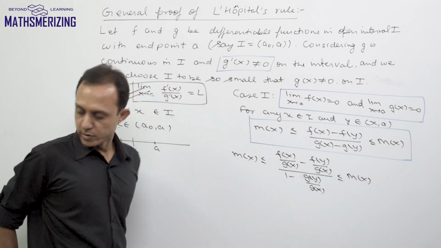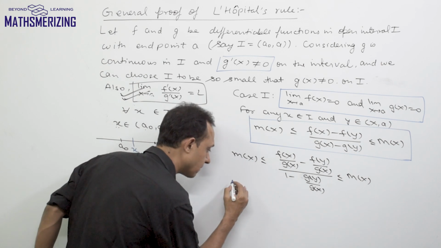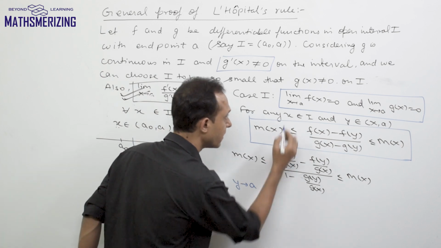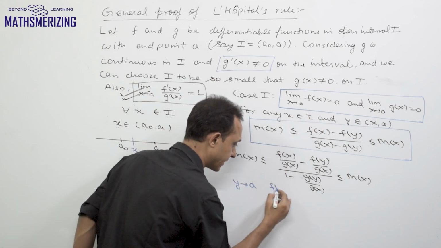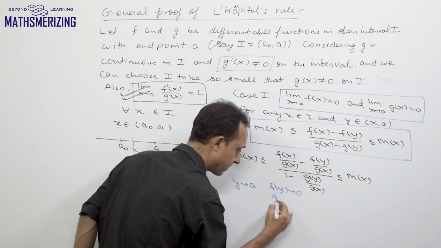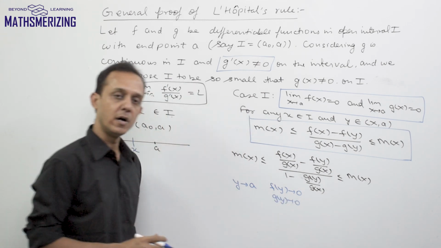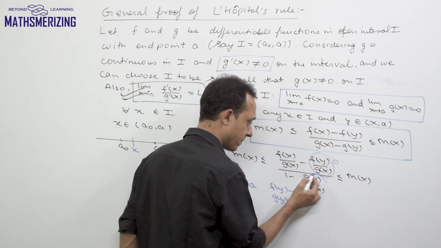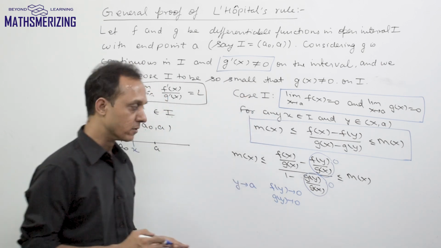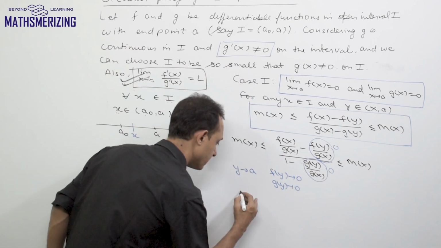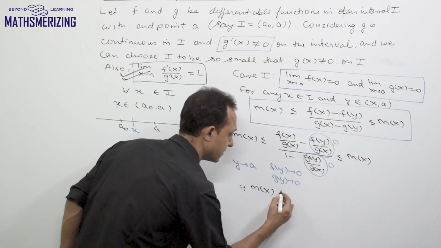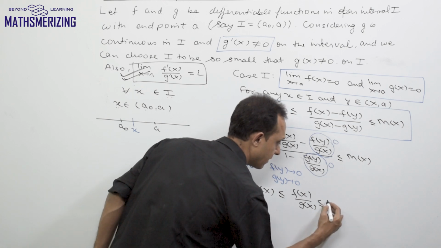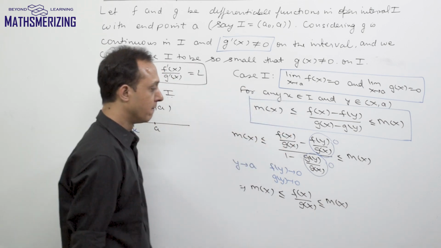Now I'll choose my y so that this y approaches a. Now if y approaches a, we know that limit x tends to a, f(x) is 0. So in that case, f(y) will approach 0 and g(y) will also approach 0. So in that case, this expression f(y) upon g(x) will be 0 and this g(y) upon g(x) will also be 0. So from here I can write m(x) should be less than or equal to f(x) upon g(x) is less than or equal to capital M(x) for all x